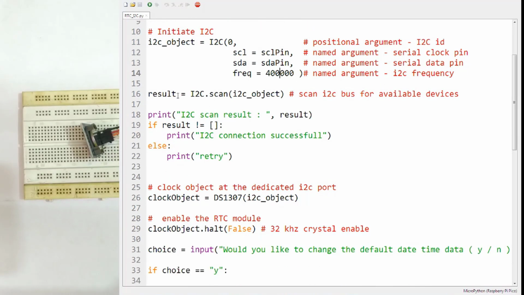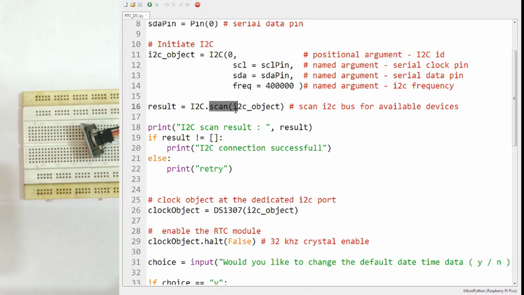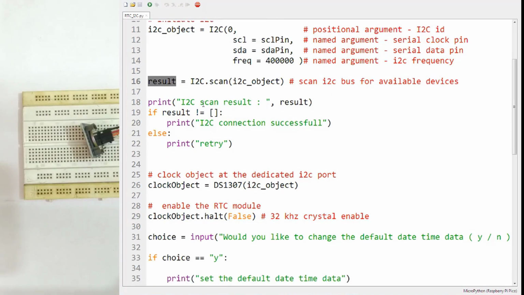Now for serial printing we will call the scan method on this I2C object. It will scan the I2C bus for available devices and store the result. Now print the I2C scan result, whatever this result variable stores.